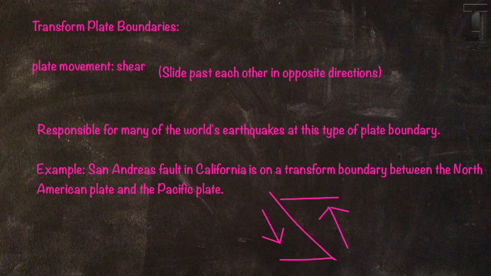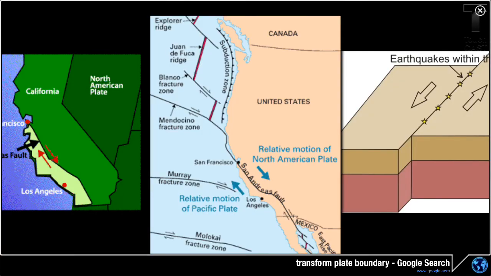But typically when we think of an earthquake, we think of a transform plate boundary because that's exactly what we find in California. The San Andreas Fault is on a transform boundary between the North American plate that is moving north and the Pacific plate that is moving south, and they are simply slipping past each other. Here's a great picture to kind of show you the relative movement of the Pacific plate, and I said that wrong. The North American plate is moving downward while the Pacific plate is moving upward,